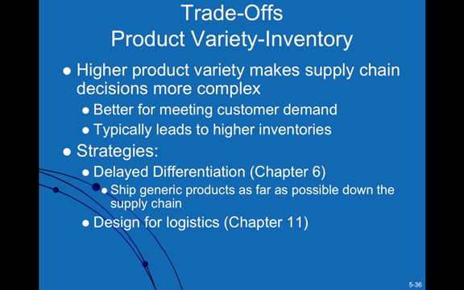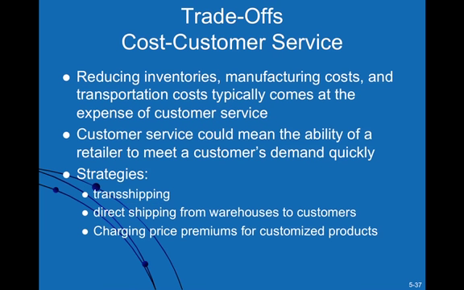Wendy's, for example, in terms of their whole strategy, does something like this in terms of delayed differentiation when producing a burger. Wendy's used to market themselves as being able to customize the burger, give you the burger that you want. Why? It's because they partially cook the patties, so that is undifferentiated at that point, since you use the same patties in pretty much all the burgers. So that cut down on the production lead time somewhat, and then when the order is received, that's when they finish cooking the patty and add the different condiments that you want. So there's delayed differentiation in a case like that. All right.